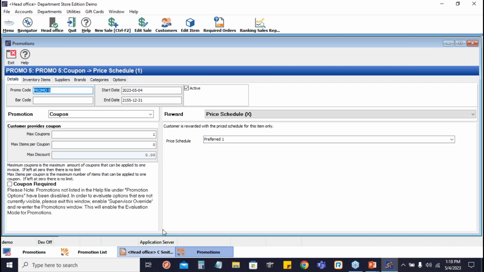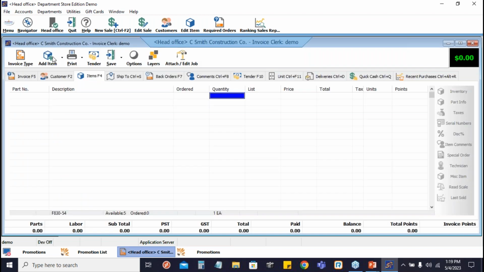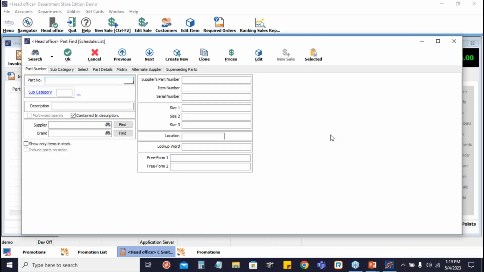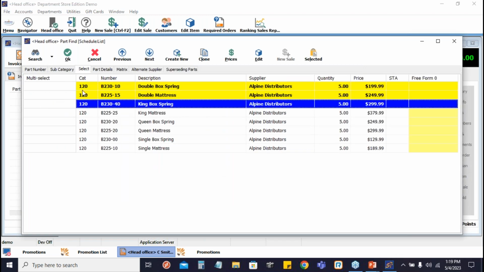Now let's try that out, and that is category 120. For example, if the customer buys three products from this category,